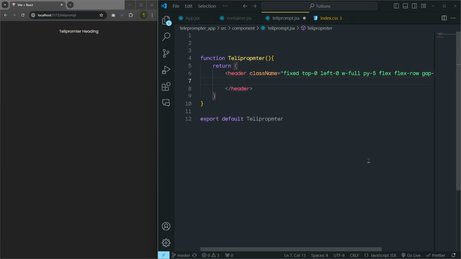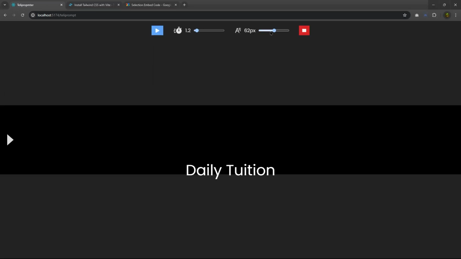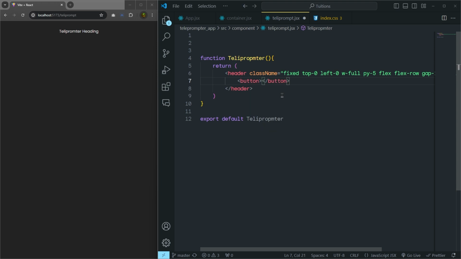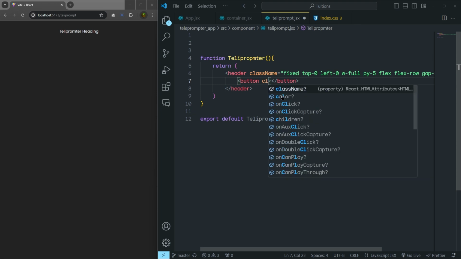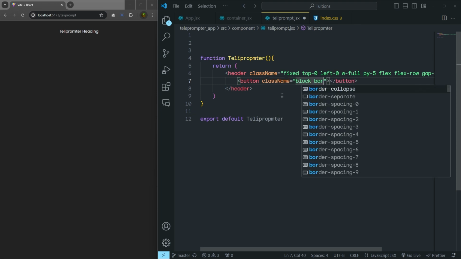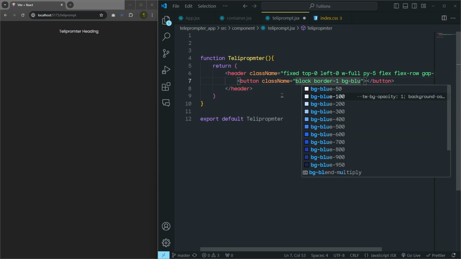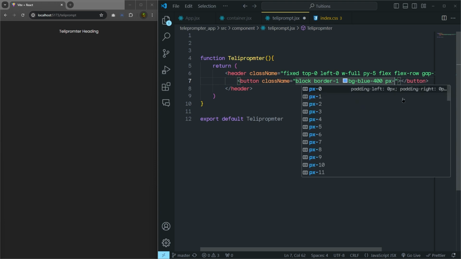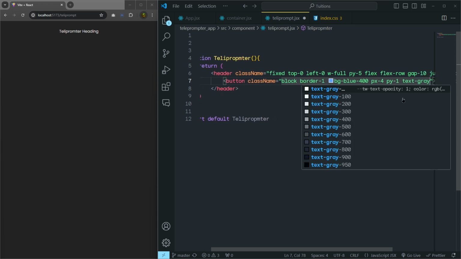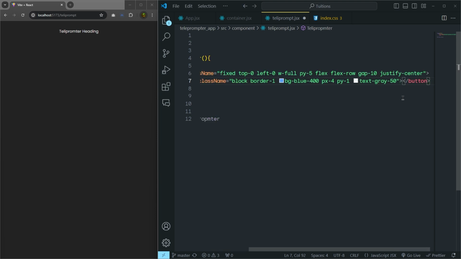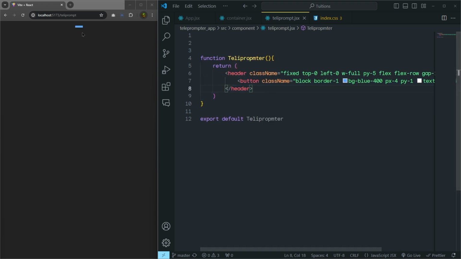And inside this header right here, I'm going to add these buttons. So right here, I'm going to say button, and this is going to be the start and pause button. So here, I'm simply going to specify some class names: block, border 1, BG blue 400. Then I'm going to specify padding x3, padding y1, text gray 50. Just like this. This is going to be the button. Save this file. Right now, you're not going to get anything inside this button because we don't have any